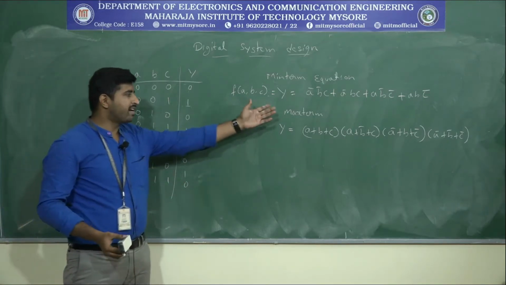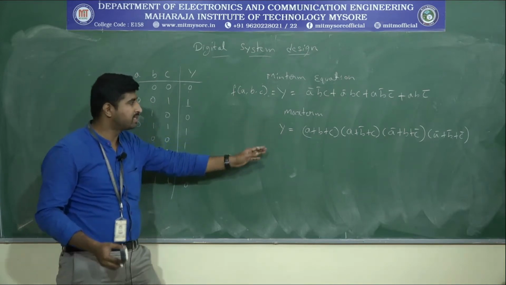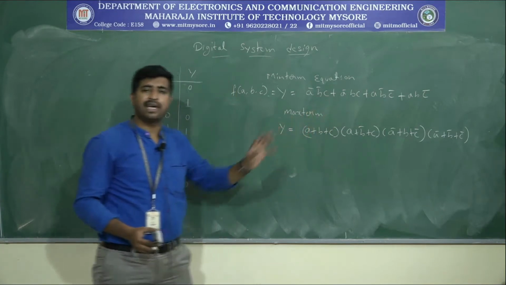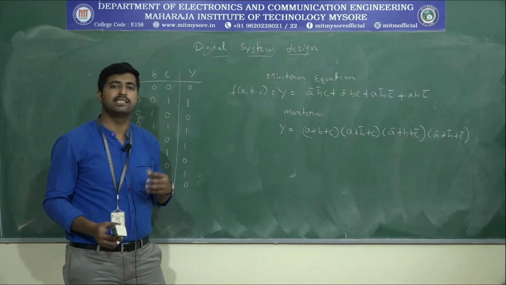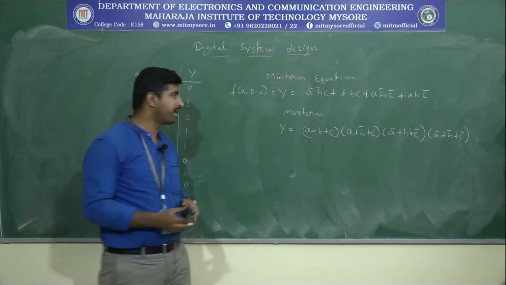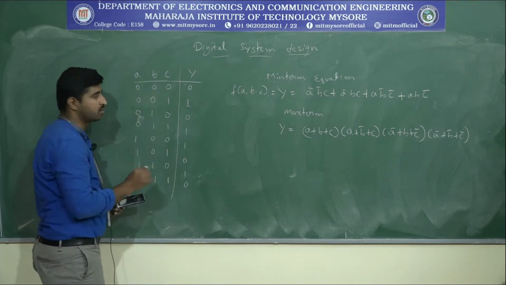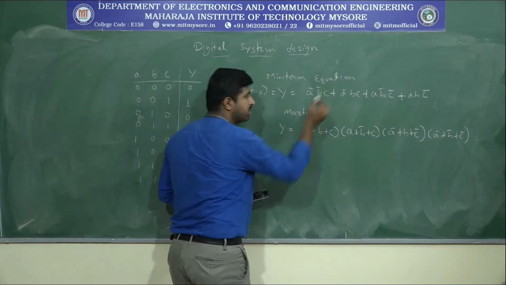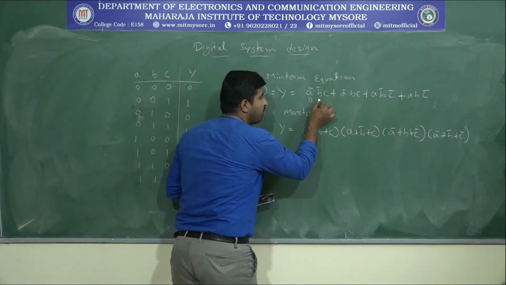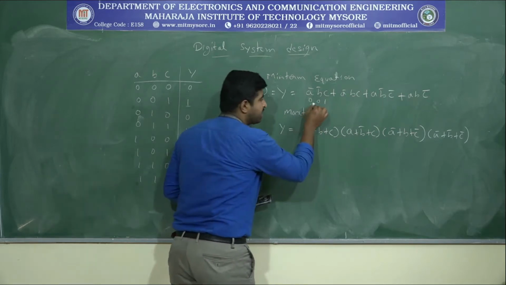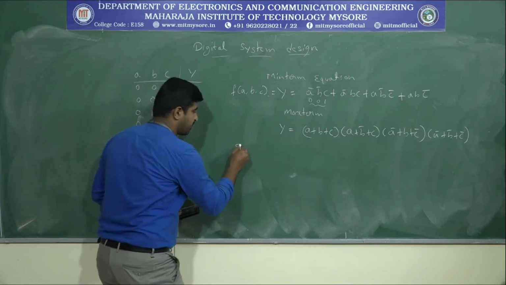Now, instead of writing these max term or min term equations with the variables, we can simplify the equation. How can we write this in a simplified form? The simplified form can be written by using the decimal notations of the individual variables. So these are the variables. What is the decimal value? This is corresponding to 0, 0, 1. This entirely we can convert into decimal notation. So that is how the switching equation can be written.